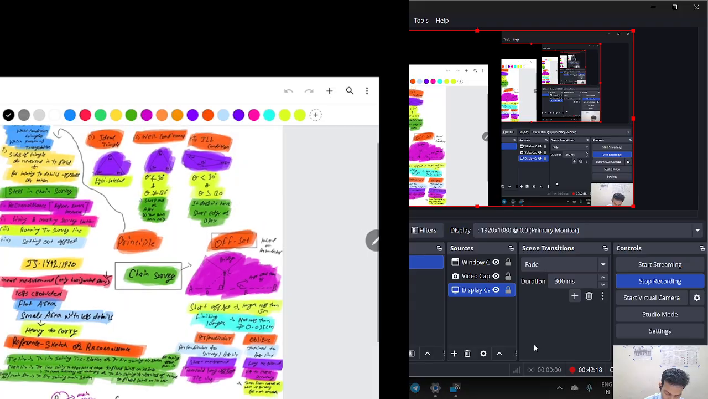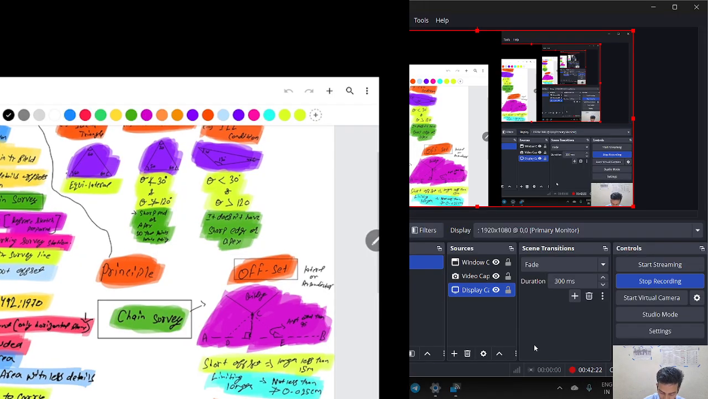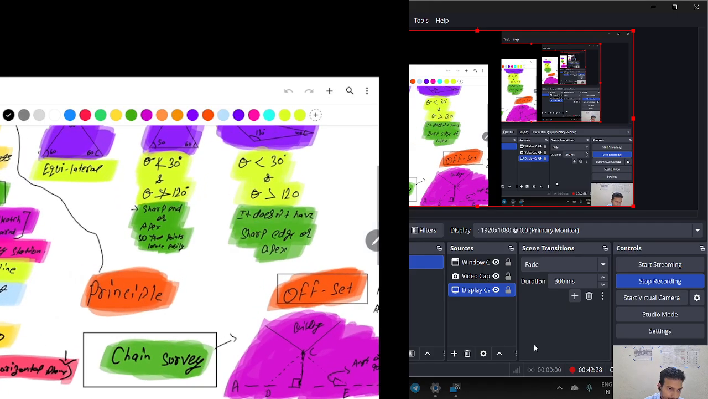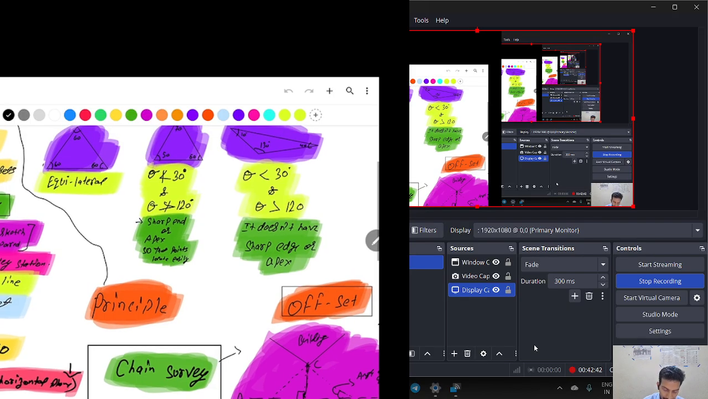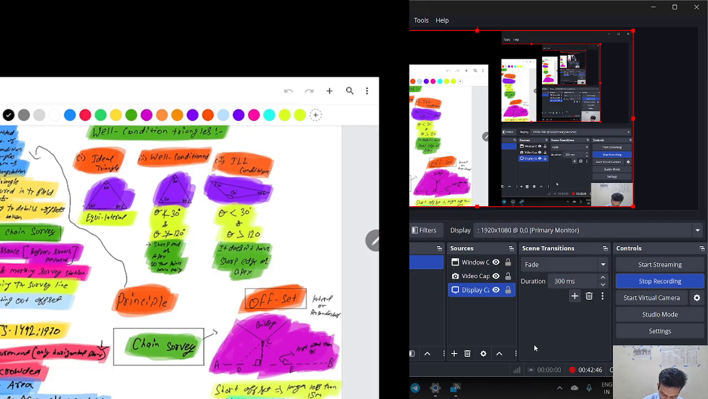Now, steps in chain survey. First, reconnaissance survey means reconnaissance, sketch, preparation. Then, fixing and marking the survey stations. Then, running the survey line. Then, setting out offsets. Okay, this was the principle. Now,